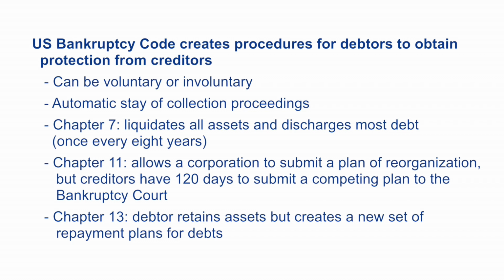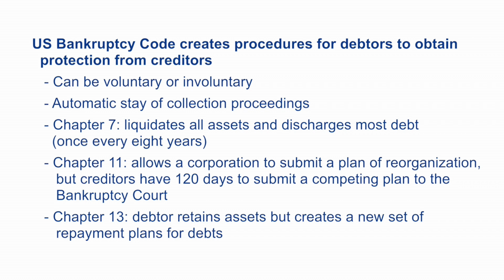Now, there are three primary forms of bankruptcy proceedings. There's a proceeding under Chapter 7 of the Bankruptcy Code, which liquidates the debtor's assets. A bankruptcy trustee is appointed to administer the liquidation process. The debtor transfers all of her assets to the trustee, who sells them and distributes them to the creditors, and the trustee makes the determination regarding the amount each creditor will be entitled to receive, but it's generally only a fraction of the debt that's actually owed.